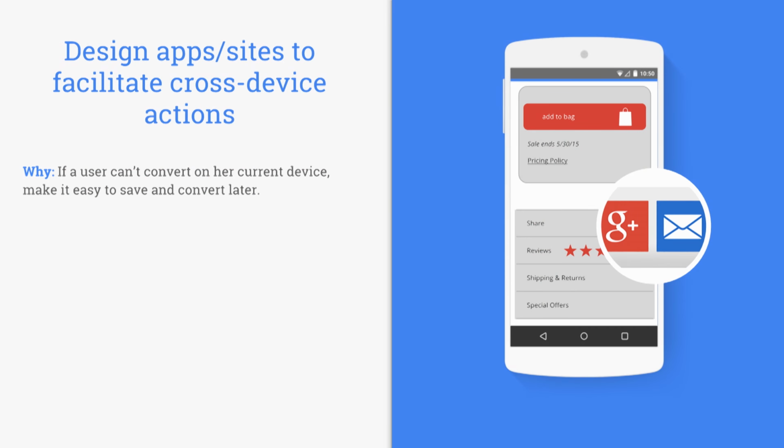Yep, there's a couple to go through. So now that we've understood what cross-device conversions are, let's talk about how we better get them to show up in the account and allow advertisers or consumers to complete that actual cross-device journey. So first one, from a design standpoint, designing both apps and sites to facilitate this cross-device behavior. Think about in your previous case, if you would have had an option to, for instance, email yourself a link to complete later. On average, a mobile touch point is about 70 seconds.